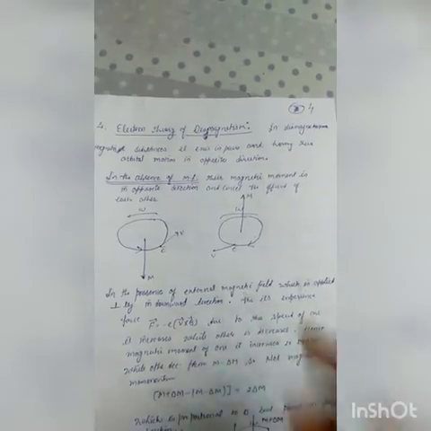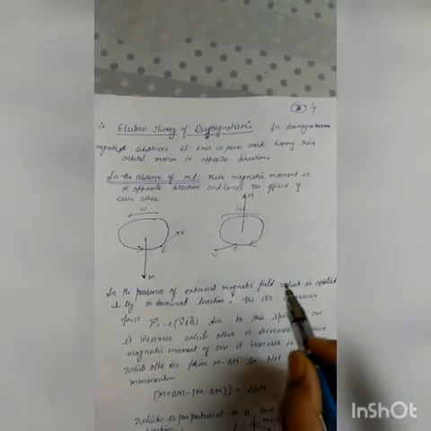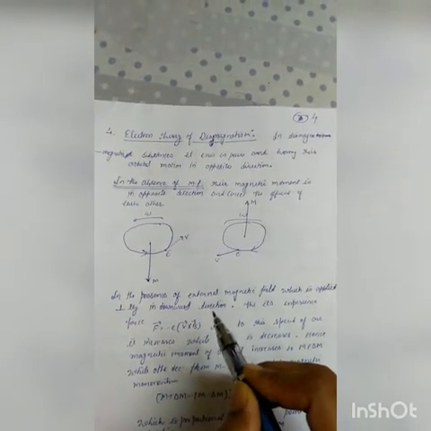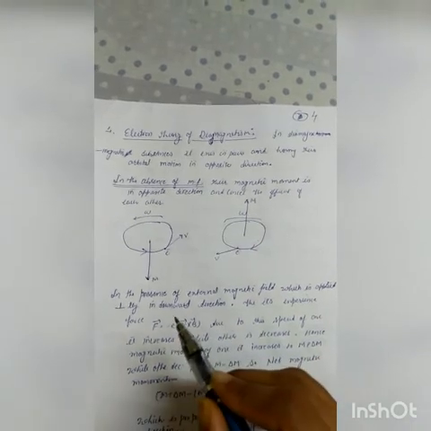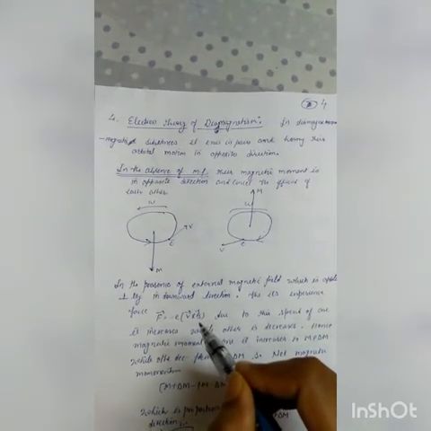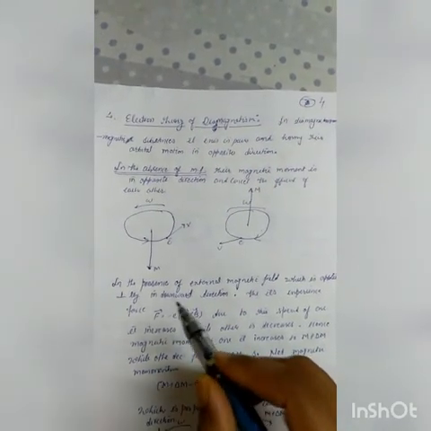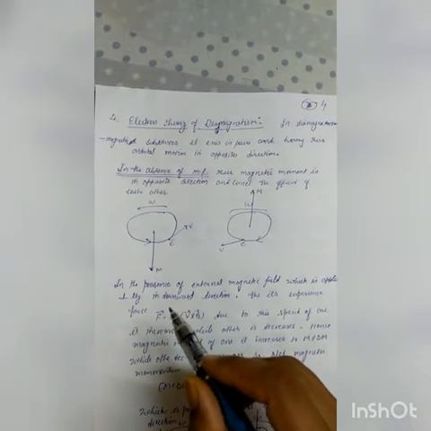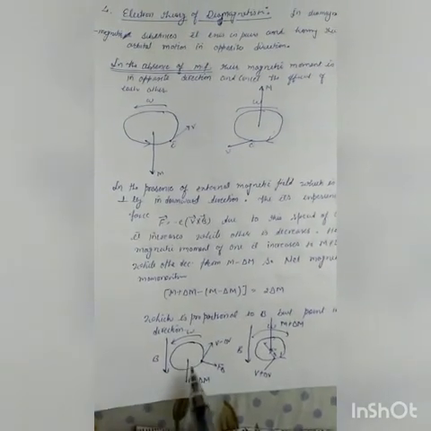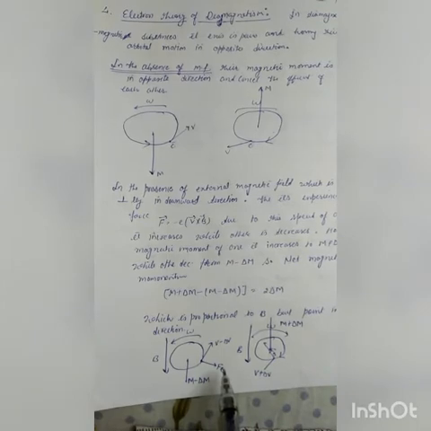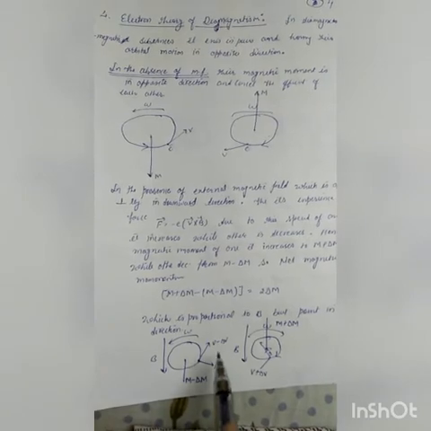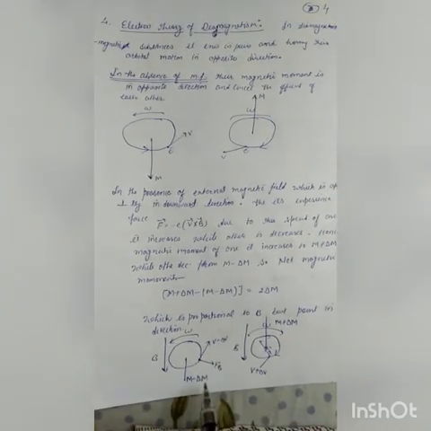In the presence of the external magnetic field, when the field is applied perpendicular to the direction of the flow of the electron and in the downward direction, the electron experiences the force minus e v cross B, which is the Lorentz magnetic force. The direction of this force can be found by using Fleming's left-hand rule. In the case of the electron which is moving in an anti-clockwise direction, the force is acting outward, hence its radius goes on increasing.